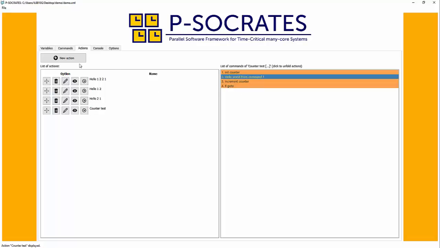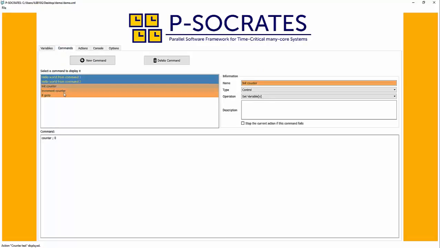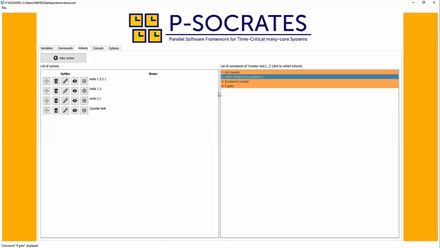So the if go2 command, as you can see, it says that it goes back to line 2 if the counter is lower than 3. This line number has been given by the program here when I assemble the commands within my action. So here, if the counter is lower than 3, it will repeat the action number 2, and then the next commands as well. So now I click,